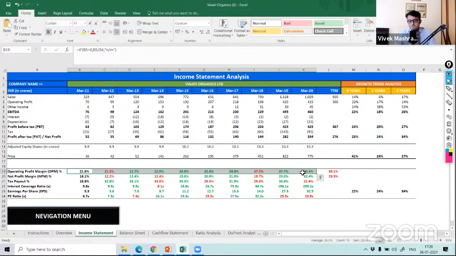Say one pani puri wala, whatever example I gave, is earning a 50% operating profit margin. So whatever raw material he is using, whatever expenses he is incurring, even after that he is earning 50% at an operating profit level. Is it a good business or a bad business? It is a good business, right? You don't need much asset. Ek thela daal diya and you are up and running, right?